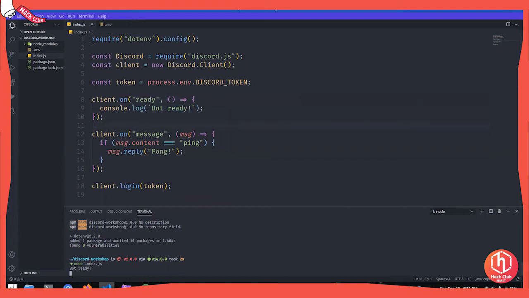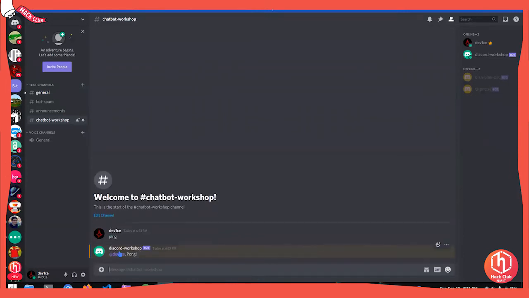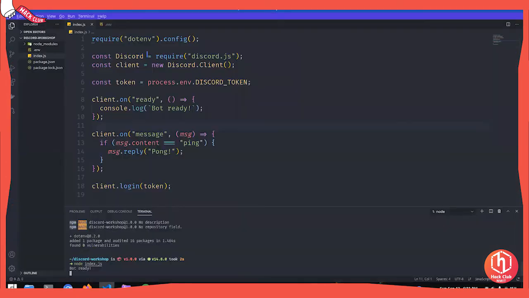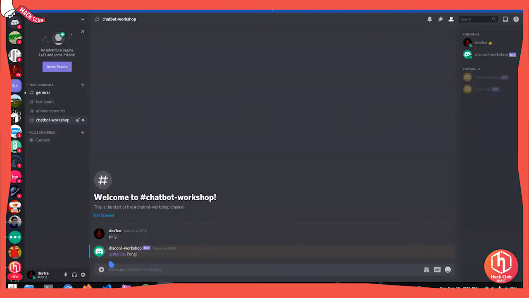Now if you keep this running and go to your Discord, your bot is online. Now you type what was the message? Ping. So you type ping, and now it's going to reply to me saying pong. Isn't that great? It's so easy to make a bot with Discord.js. With just 20 lines of code, and having the good practice of hiding your API keys within an environment file, you can come up with such a simple Discord bot.